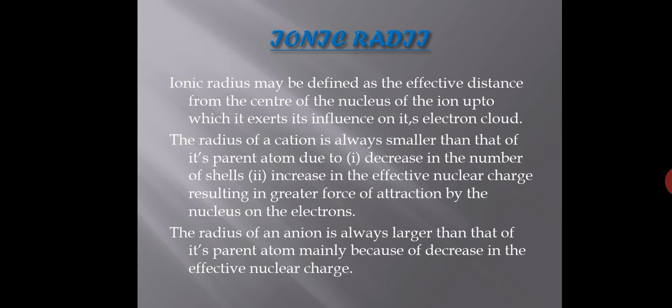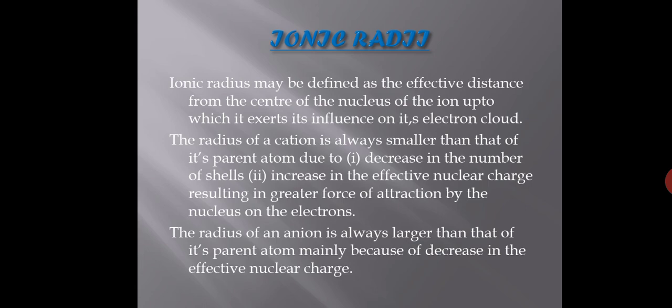So what we find is that the radius of the cation is smaller than that of its parent atom due to the decrease in the number of shells. That also is there. In the case of the sodium atom, there are 3 shells. And in the case of the sodium ion, we can say hypothetically 2 shells are there because 1 shell is missing, as 1 electron is not there. Why did I say hypothetically? Because actually we cannot see shells, they are discrete. It is for that reason I said so.